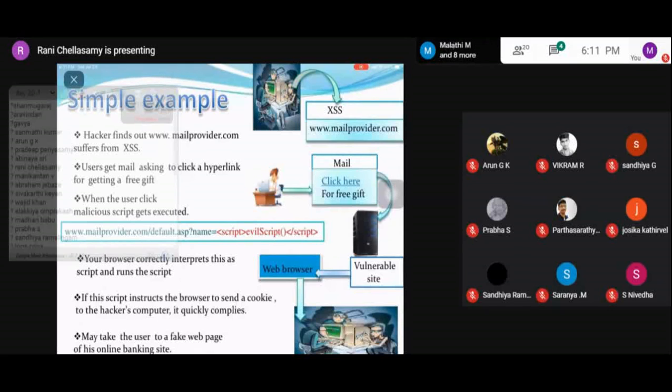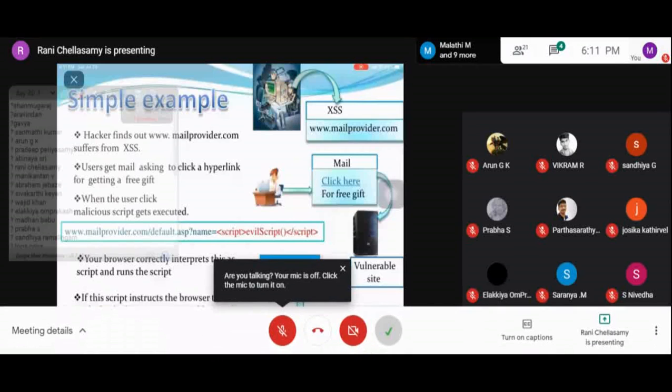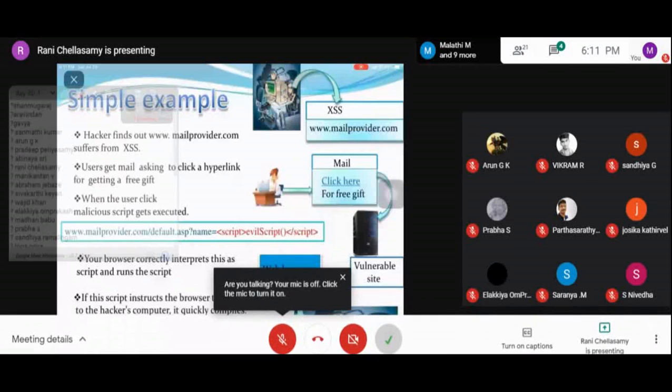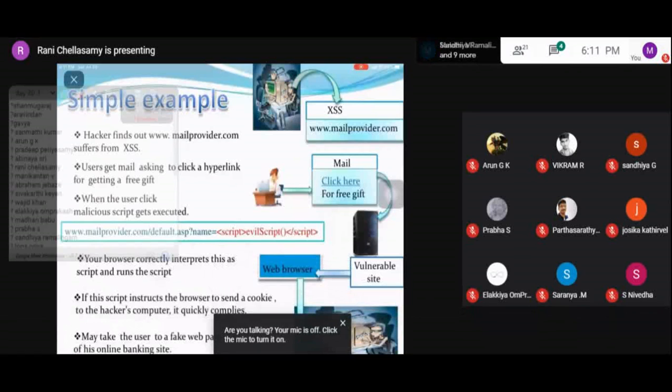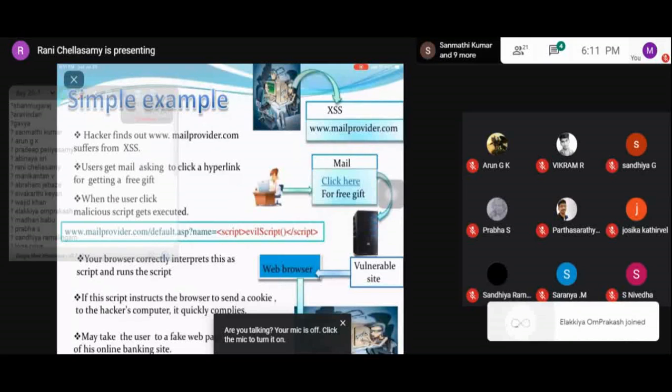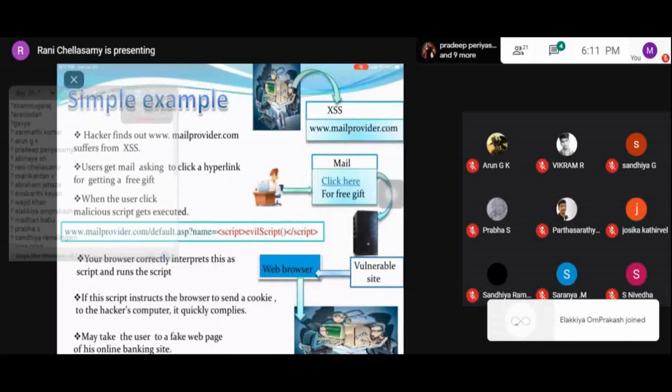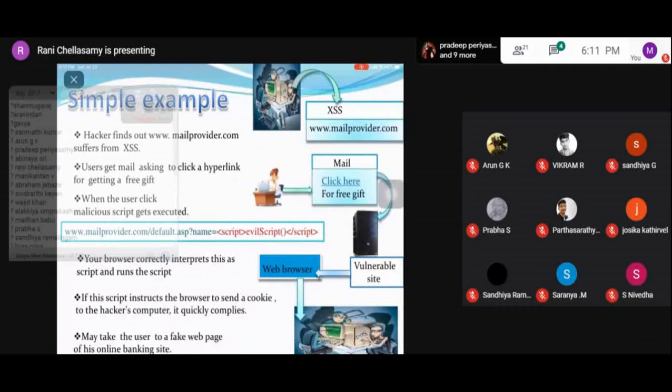When the user clicks this hyperlink, the malicious script gets executed. The hacker will add the client code into the data. See here, this is the script added onto the data.